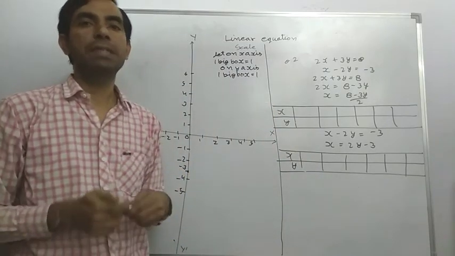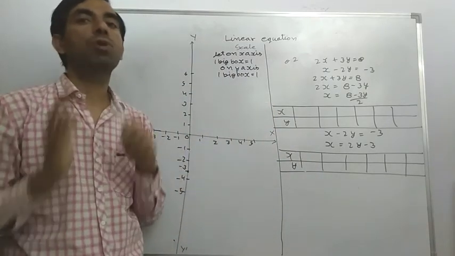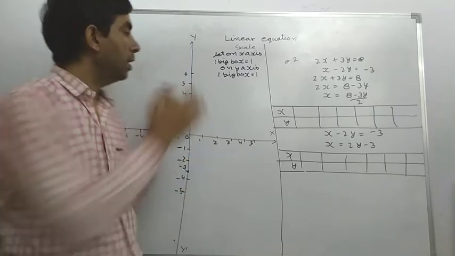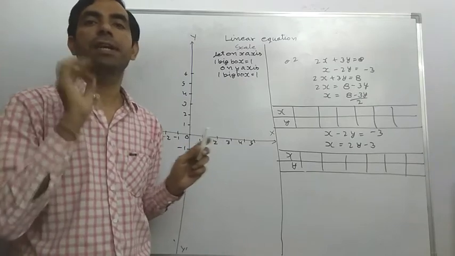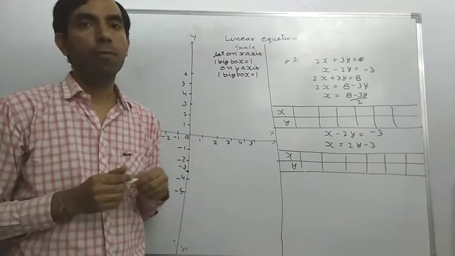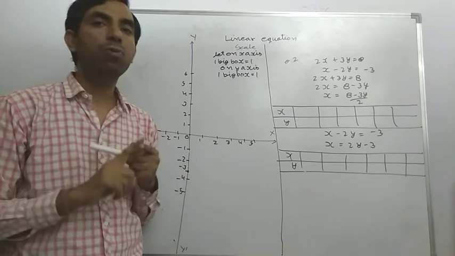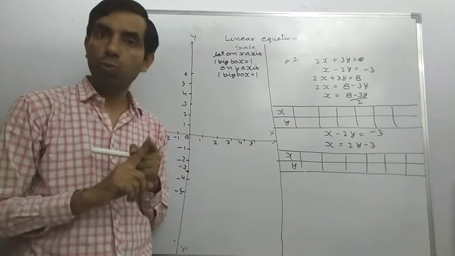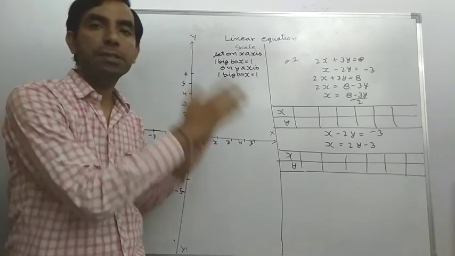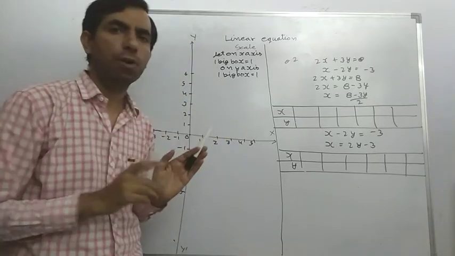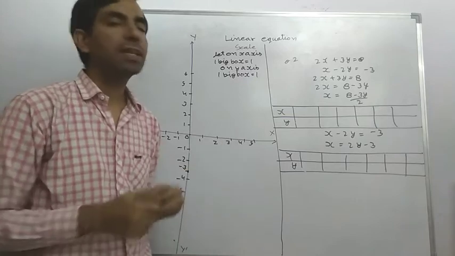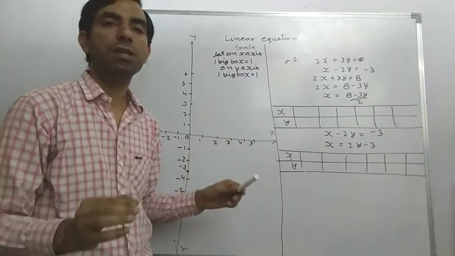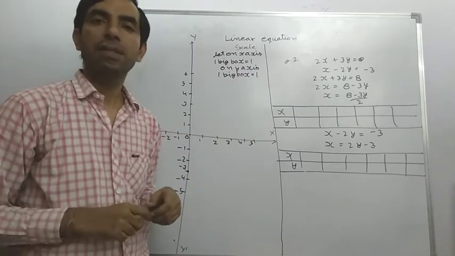Now we want to represent it in the graph and we want to find the solution easily in the graph also. So for solving this we have a trick for it, easily. This is not for the fair copy, the examination copy, the homework copy, or other copies. It is represented only in rough work. By this method we can find what the solution is and what the conditions are.